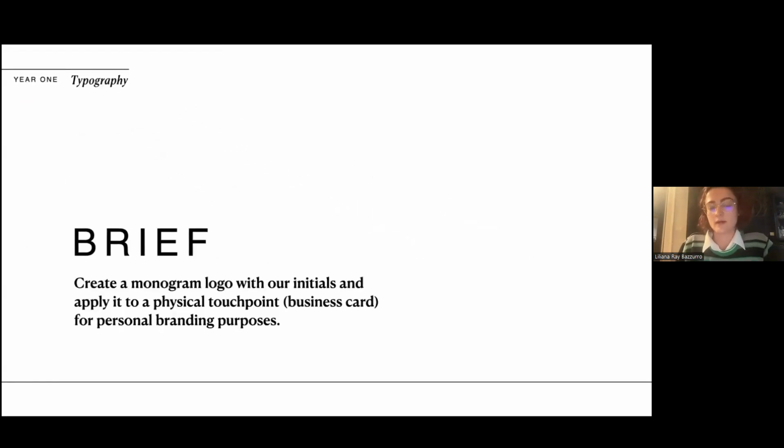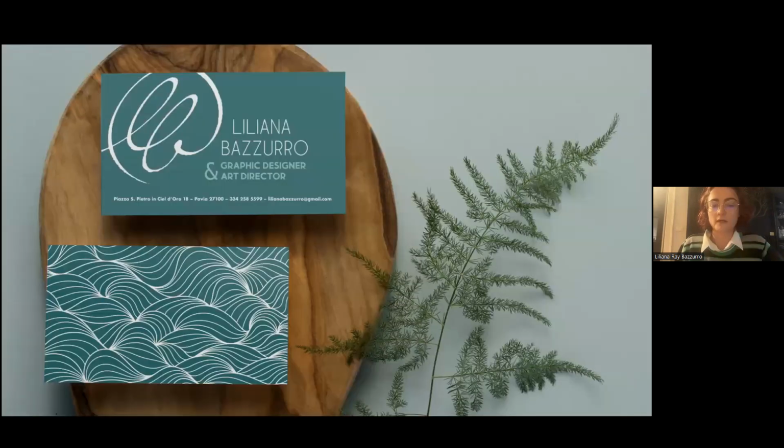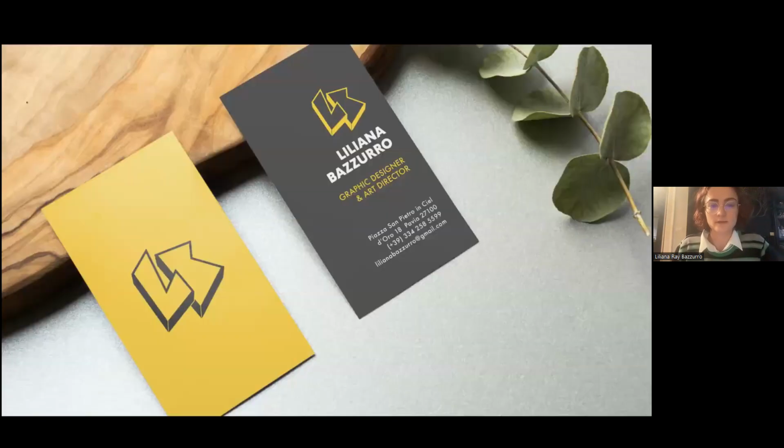For example, we used typography to make our own monograms, which we then made into our own business cards. So these are 3 examples of how I made my own typography to make my own brand image,